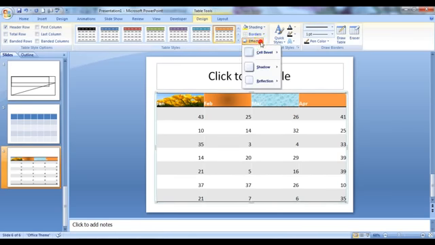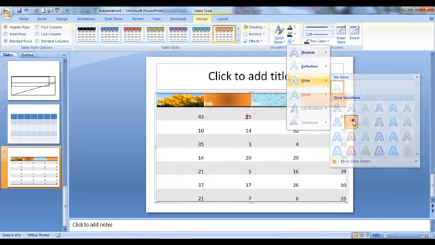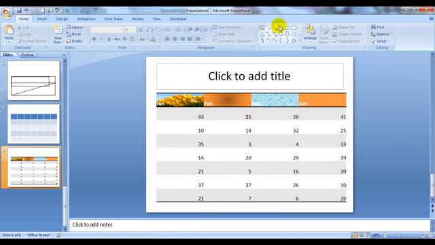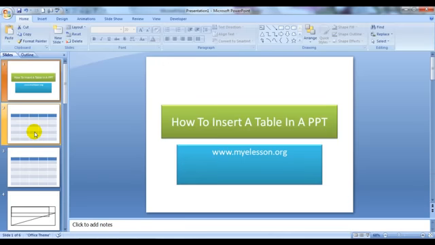And these are the effects that you can have from here. And this is for the text that you have written. Say, for example, I've selected this text, and let me give it a glow. See, I've done it from here. Do not forget to go to my MS Word video Home tab. I have covered all this formatting there in a lot of detail. So this was how to add a table in a PowerPoint presentation, brought to you by my